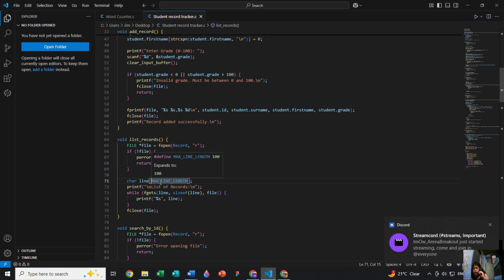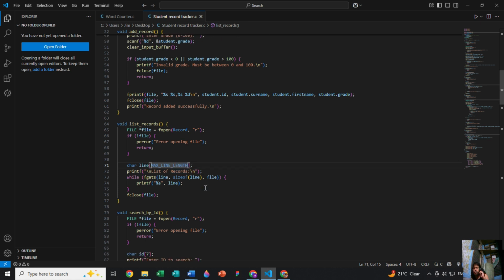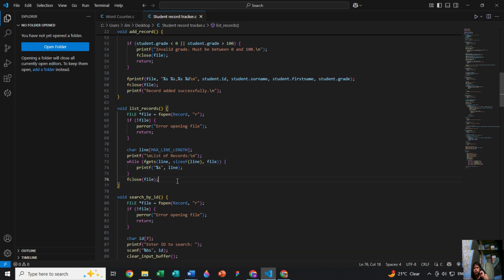Here, it will read and print each line from the file, printing records while doing a while loop and printing the text file. After that, the file will be closed.